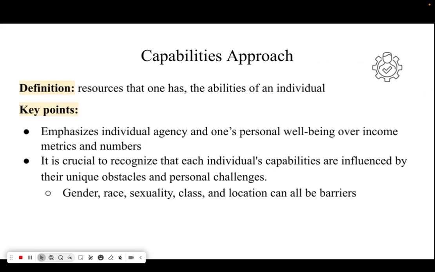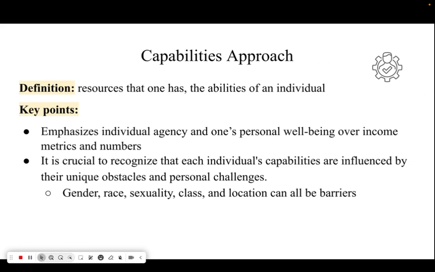So, again, like Marina said, while our definition of poverty emphasizes the lack of resources for food, clothing, shelter, utility, and healthcare, and acknowledges that individuals may be out of poverty yet still facing significant struggles, it's essential to shift our focus to a broader perspective. Developed by economist Amartya Sen, this approach transcends mere financial measures and highlights what individuals are truly able to achieve with the resources available to them.